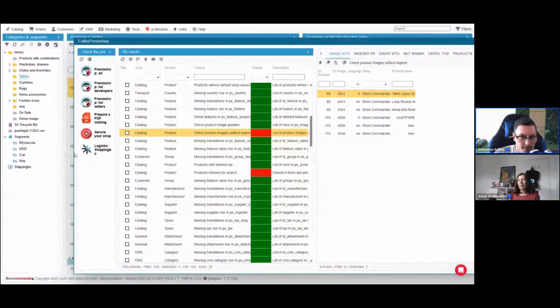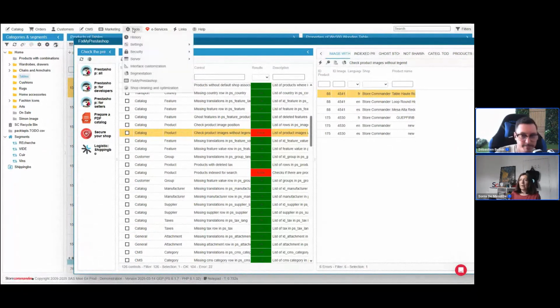And just a quick reminder that the segmentation tool is available in our plans Solo Plus and Multi-Store Plus. That's right, in the plus plan. You will see anyway, if you go into tools and you have segmentation, then you have it here. If you have a little arrow like this one, then that means you don't have your plus plan. So you can upgrade your plan to the plus plan to have this wonderful tool,